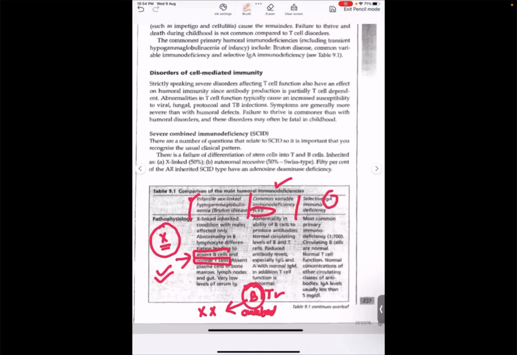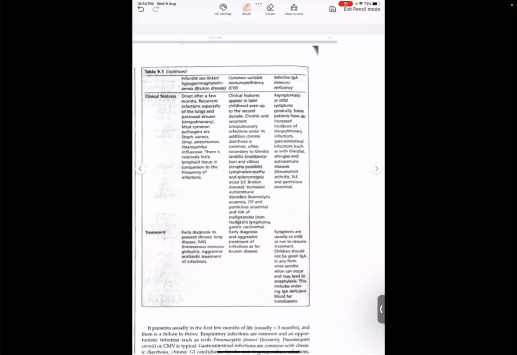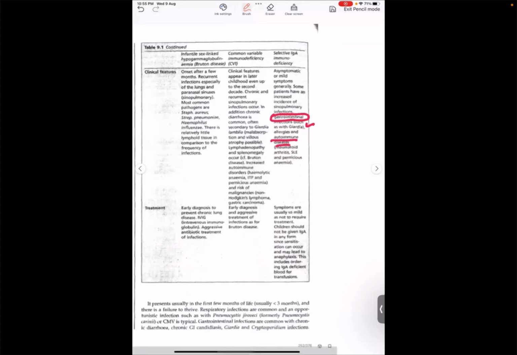Then they are talking about selective IgA deficiency. Definitely, when you have IgA deficiency, you will mainly present with gastrointestinal symptoms, and there may be increased chances of giardiasis and other autoimmune diseases. Okay, right? Here they have given the answer from the reverse. For X-linked agammaglobulinemia, IVIG is the treatment. There is no definite treatment other than bone marrow transplantation. Okay,